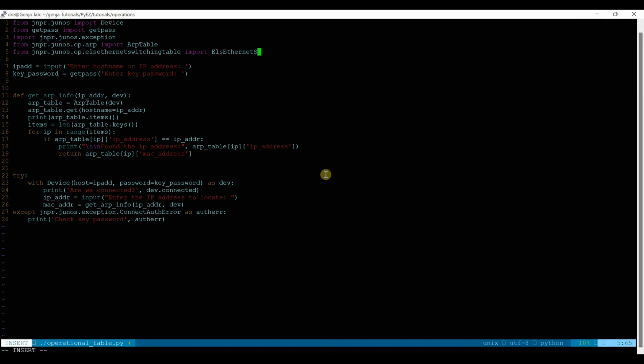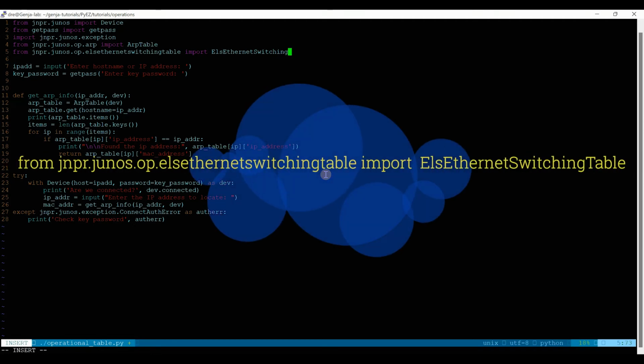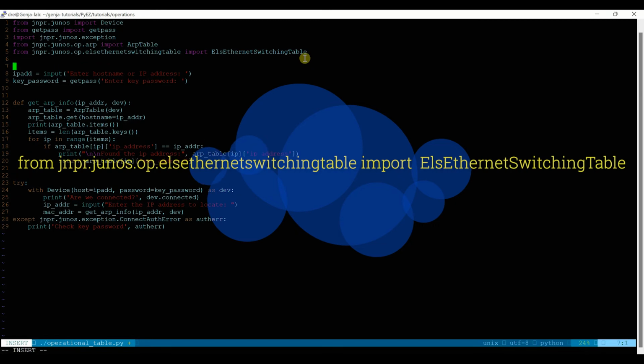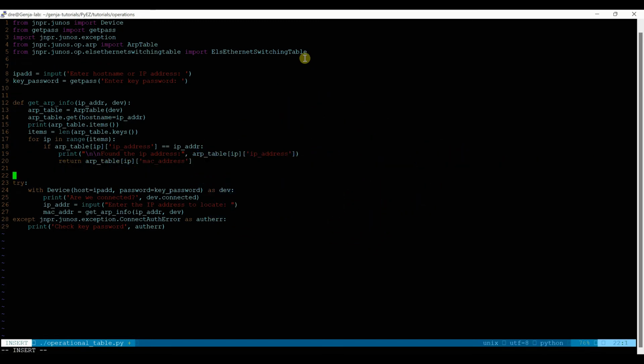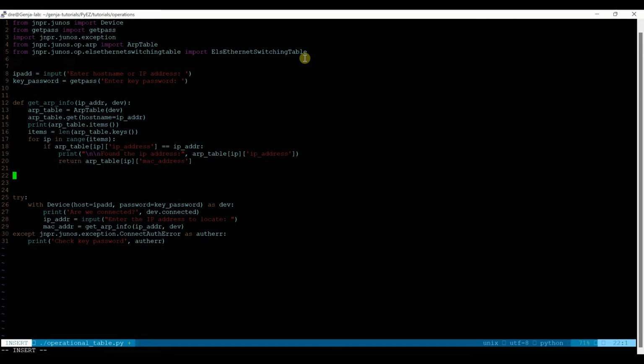So, Ethernet switching table. It's quite a wordy one, ELS Ethernet switching table. So we're going to create another function. Oh, I'm already in edit mode. Create some space there. So we are going to call it